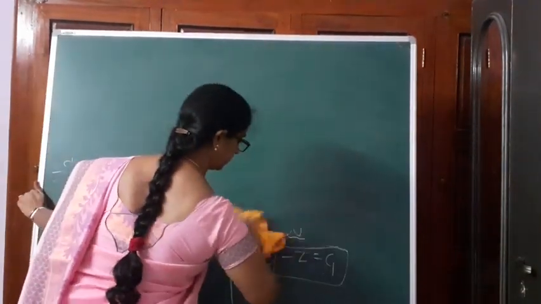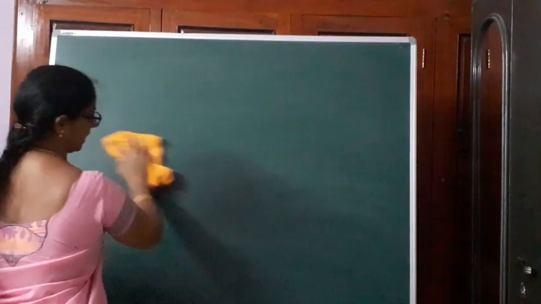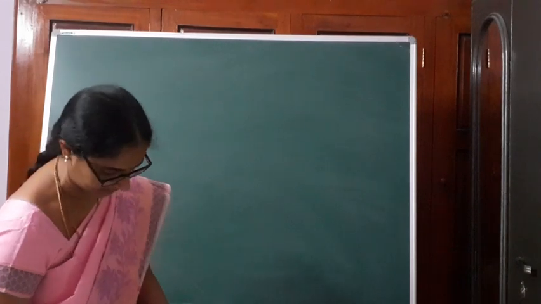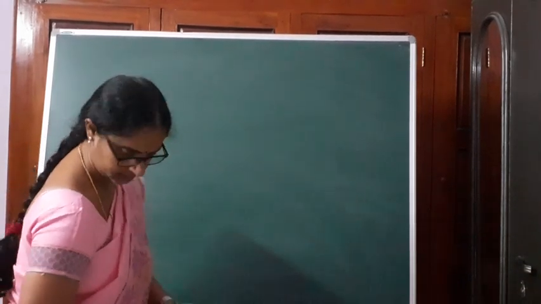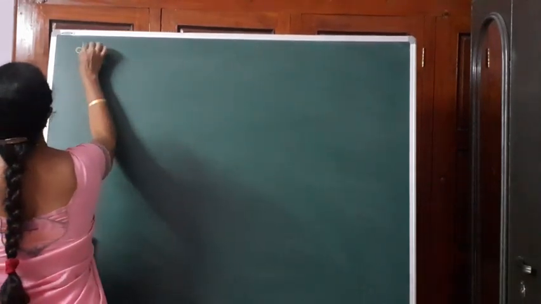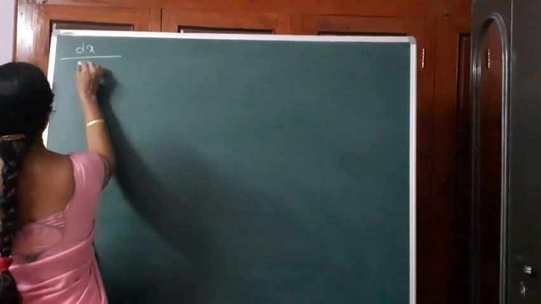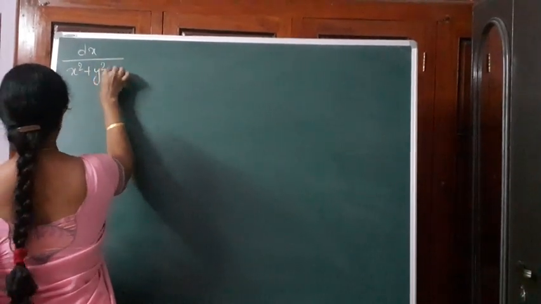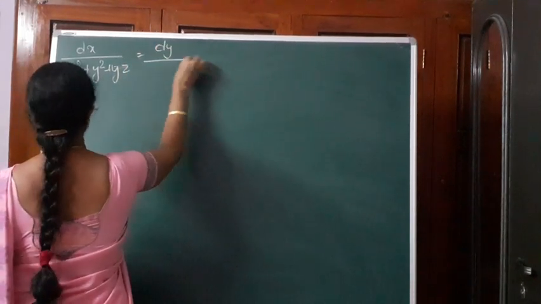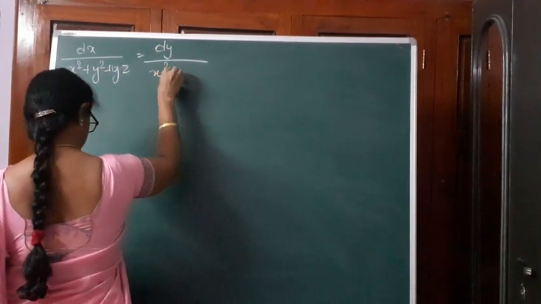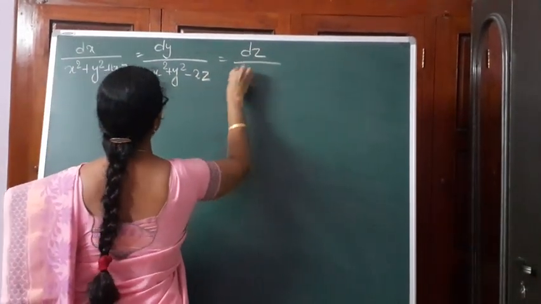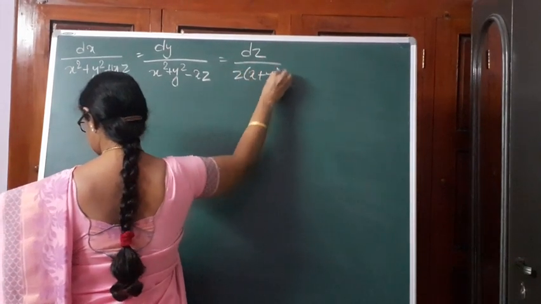And again write the auxiliary equations. First solution is x minus y minus z is equal to c1. So let me write the auxiliary equations once again. What are the auxiliary equations here? Auxiliary equations are dx by p, P is x square plus y square plus yz, is equal to dy by q, is x square plus y square minus xz, is equal to dz by r, is z into x plus y.